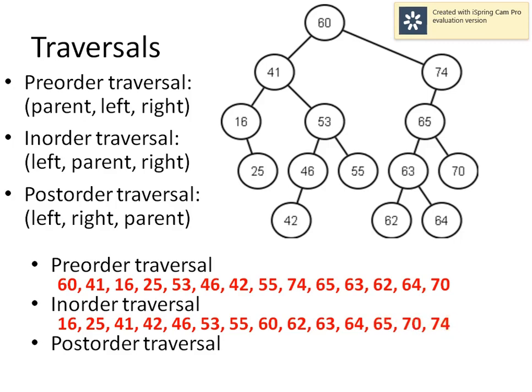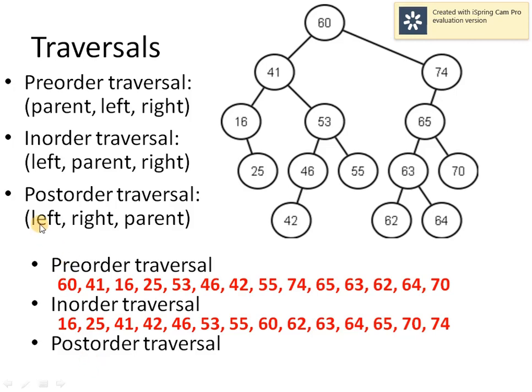So one point which we all have to observe is, if we have a correct binary search tree, then in-order traversal of the binary search tree will always give me a sorted sequence, and that sorted sequence is in ascending order. So lastly, we have to discuss the post-order traversal.